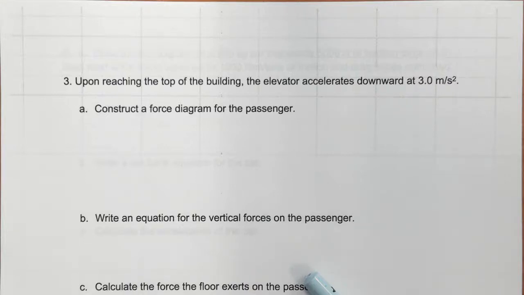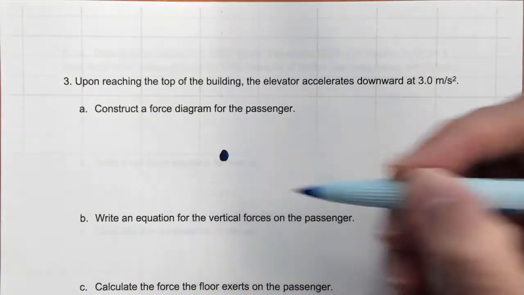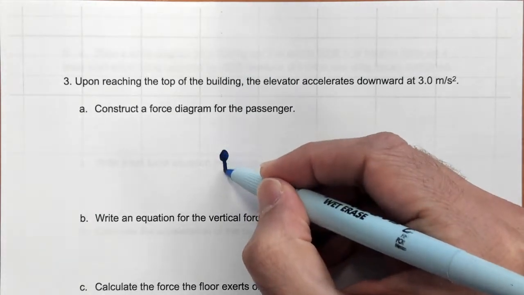Upon reaching the top of the building, the elevator accelerates downward at 3 meters per second squared. Construct a force diagram for the passenger. Okay, now let's do that. So we shrink the object, and downward we have a